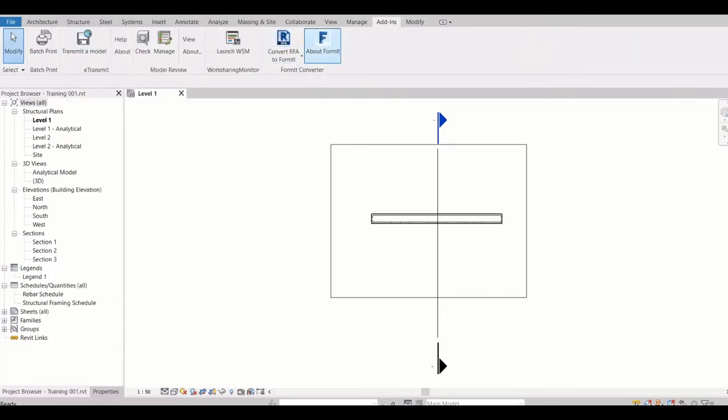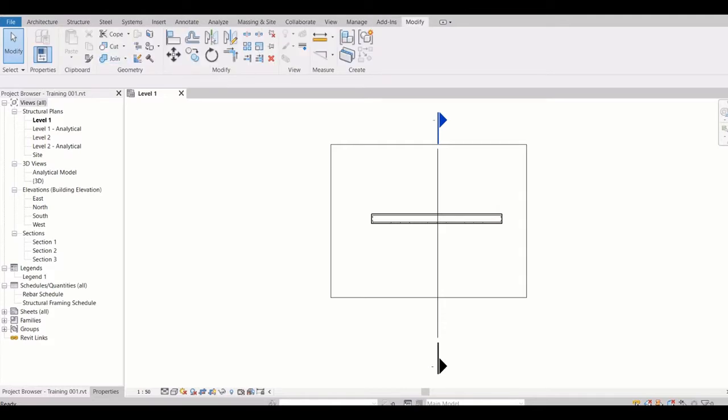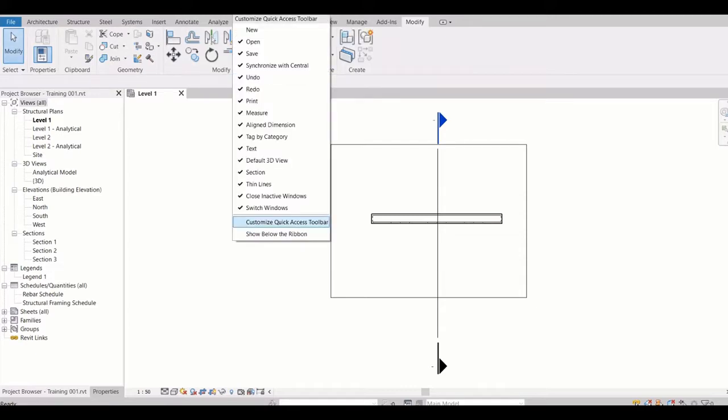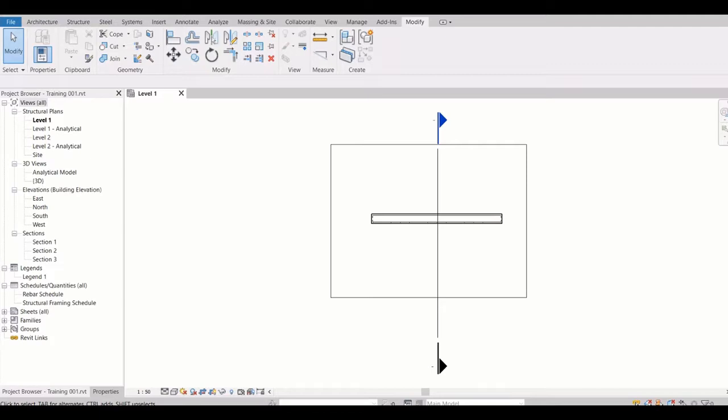And these are some add-ons. Over here you can also add new modes, and this is the modify tool which we use mostly: copy, move, offset, mirror. So we'll explore that time by time. This is our quick access toolbar. Whatever tool we use mostly, we can add them over here, like you can see, and we can customize it more, but it cannot be longer than this.